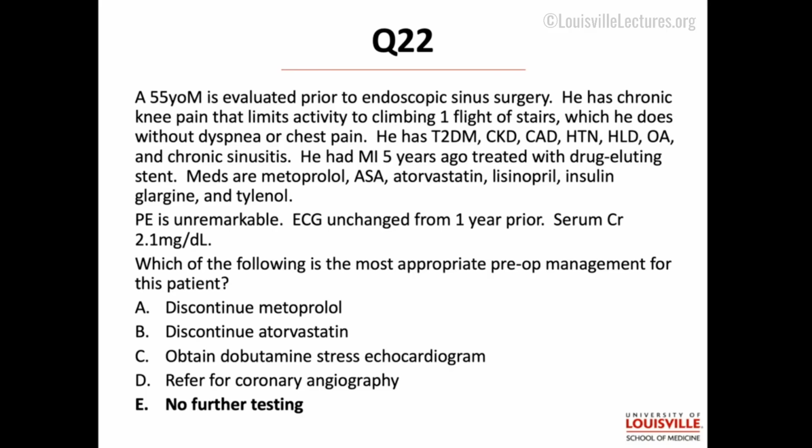Stress testing prior to surgery, it also turns out, even if you get a positive stress test and you revascularize the person, it is not going to improve their prognosis. So it's really reserved for cases where you cannot assess their functional status at all, and we really rarely do anything about it unless we find very significant coronary disease. So with good exercise tolerance, he's already on a beta blocker and a statin, which are 2 medications that have perioperative mortality benefit. Therefore, just let him roll.